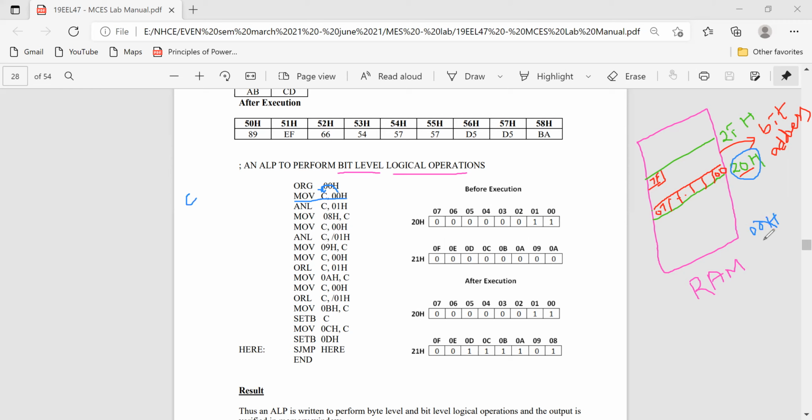That is the initial location of the RAM. No, it is the bit-addressed location, because this is a bit operation, because we are using carry. C is a single bit, and you should understand that.